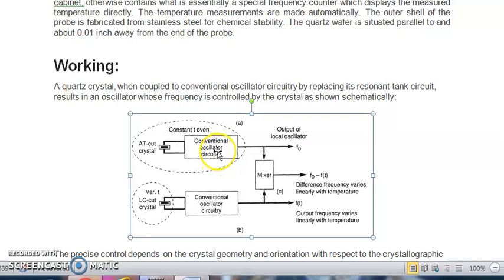Actually, quartz crystals are natural oscillators. If the temperature changes outside, then the internal structure oscillation will start. Through the connecting terminals, those oscillations, in the form of digital data, are conveyed to the output of the local oscillator. This is the F0 frequency, and here is a mixer. This is the oven where the temperature is constant, and this other circle is where the temperature is varying.